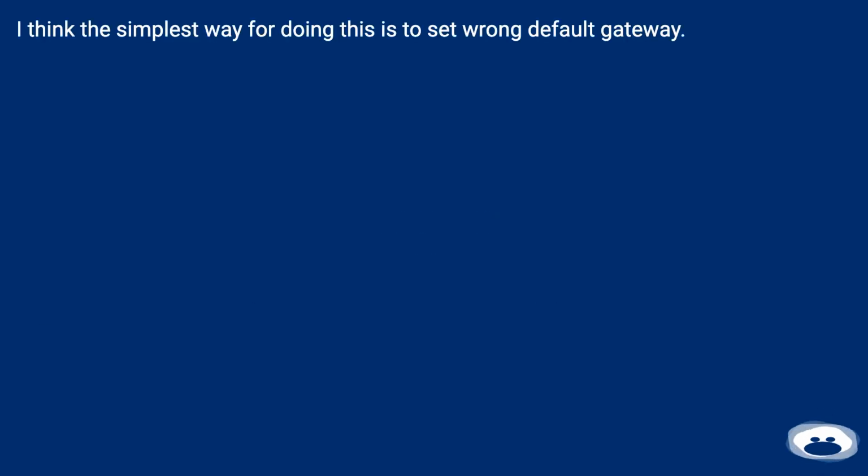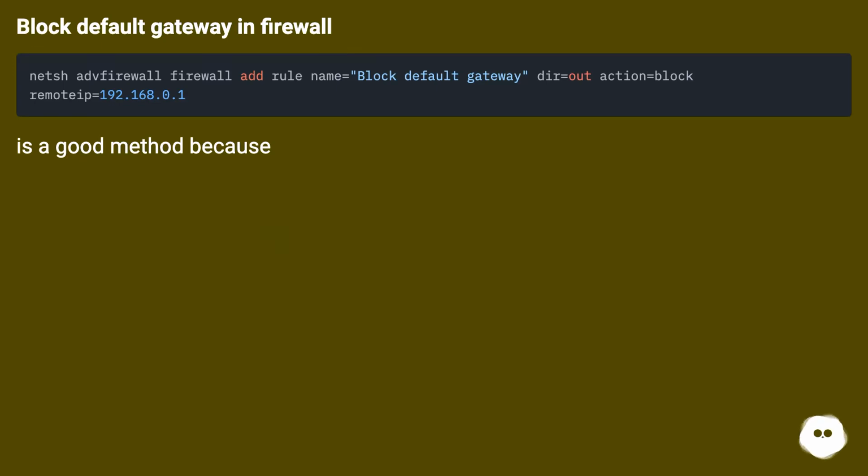I think the simplest way for doing this is to set wrong default gateway. Block default gateway in firewall is a good method because,